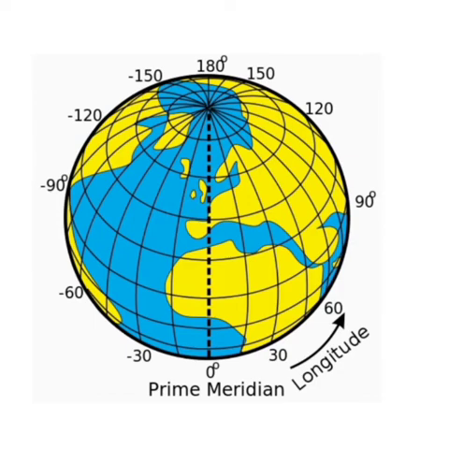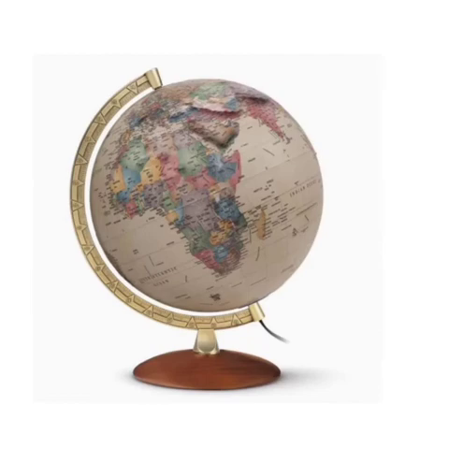So children, next is an important point about globe. A globe can only be made to show the entire earth. We cannot use a map of a country, city or a neighborhood to make a globe. Do you know why? This question is given in your textbook, page number 6. Because a country, city or neighborhood is a part of the earth's sphere, it is not a complete sphere itself. To make a globe, we would need a map of the whole world.